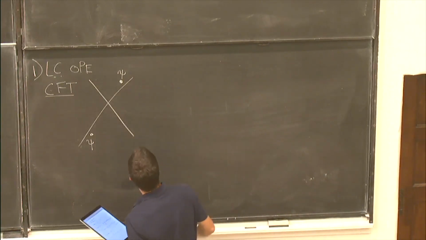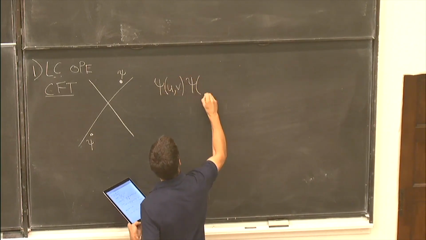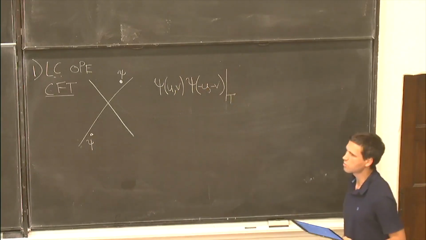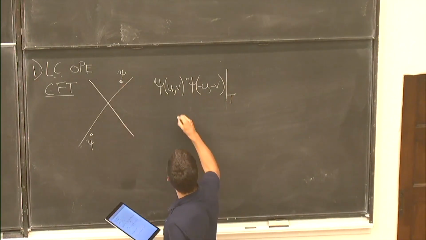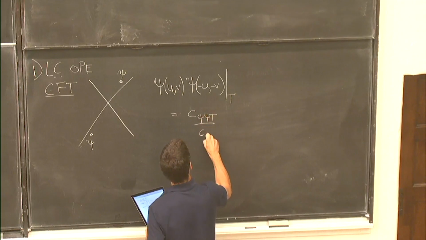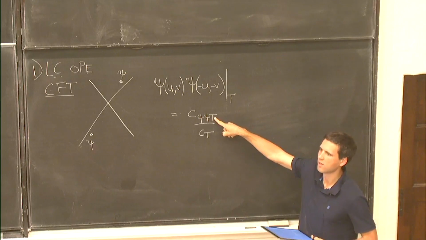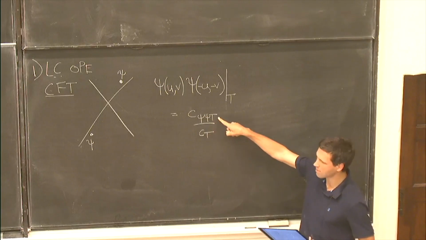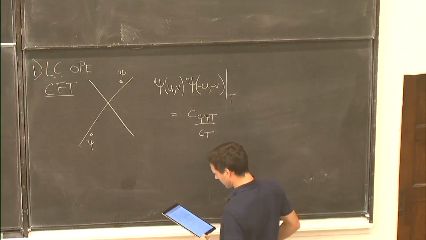So the CFT derivation is as follows. The OPE of psi with psi, we want to look at the contribution of the stress tensor to this OPE. And when things are time-like separated, you can write this as a 3-point function. So this is the psi t OPE coefficient. I'm not going to make t unit normalized, so we have to divide by the 2-point function of t. And